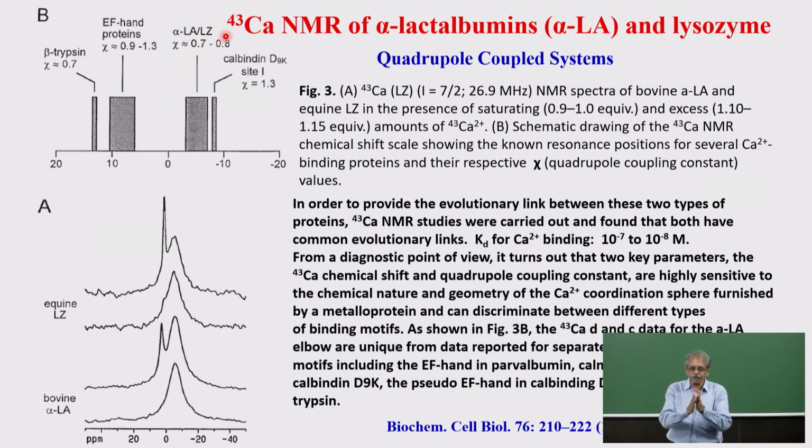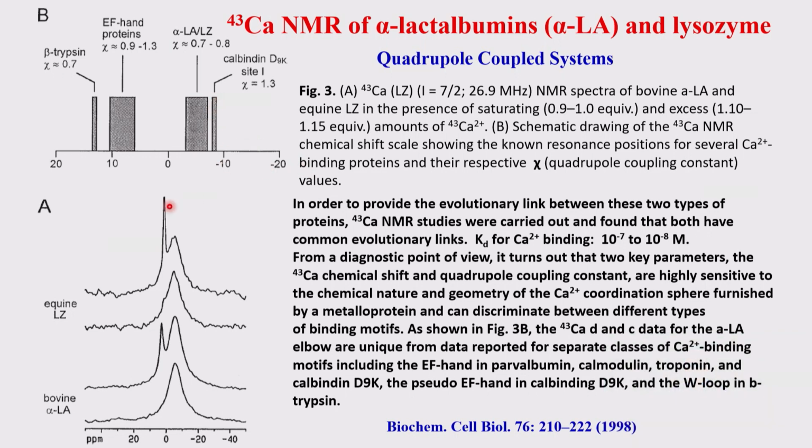So different regions bind calcium to this protein, because you are adding an excess amount of calcium while measuring this, 0.9 to 1 equivalent or 1.1 to 1.15 equivalents, and that calcium binds to two different regions. One of those regions has a greater quadrupolar coupling, coming slightly higher on the negative side, and 0.7 to 0.8 is coming here. The EF hand region is coming here, and this is for the trypsin. So the calciums bound to this protein exhibit different levels of quadrupolar coupling, and that is indeed reflected in the chemical shifts. So therefore